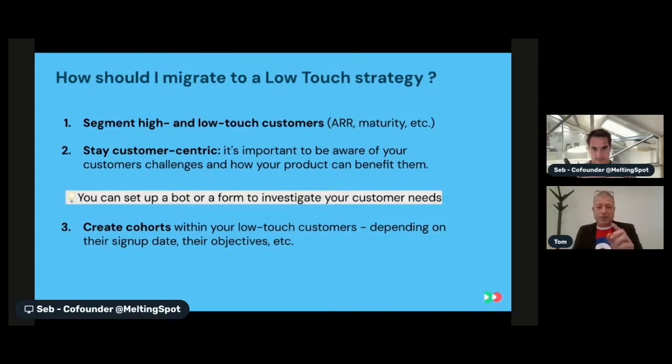So it is good that you mention maturity, because maturity is one of those criteria that takes into account at what level your customer is. When you start segmenting your customers, bear in mind at what level your customer is and how you can serve them best in the low touch strategy.